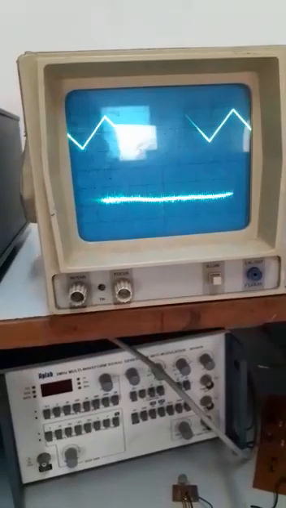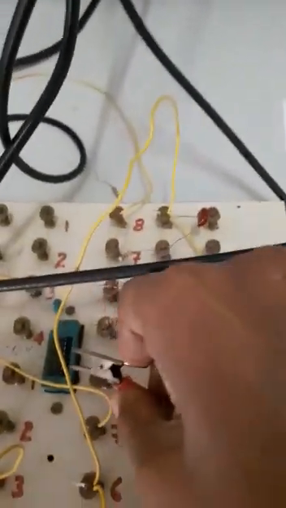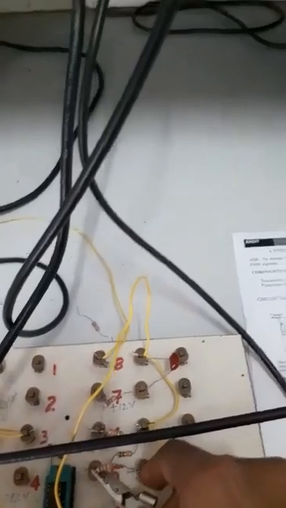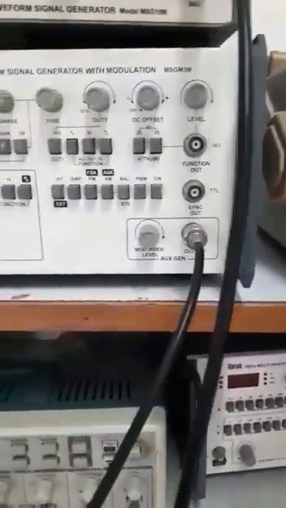Okay, so now with this channel B I will show you the demultiplexed channel. So now here I am going to connect it, just to show you what you are getting at pin number 13 and 14, the demux pin number 13 and 14. Okay, so now you can see this is what we are going to get at pin number 13, means we are able to get the sine wave, but again with a carrier signal.